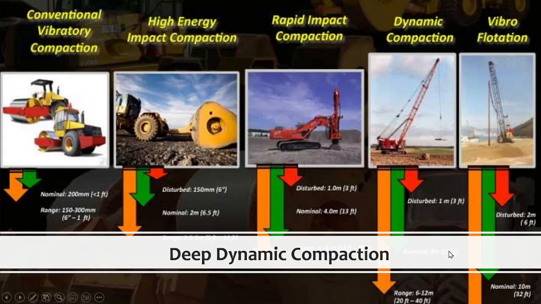So we basically use the deep dynamic compaction technique. Week 3 covered the concepts required to solve problems related to deep dynamic compaction, how it is used on the ground, the real life practices, and the design practices available to improve the soil with deep dynamic compaction. Just to give an outlook of how the method is carried out in the field, here is one video.